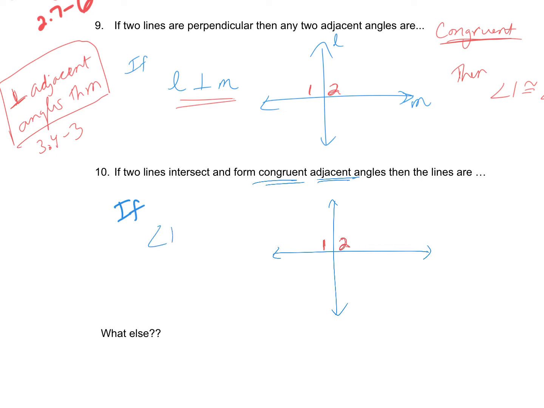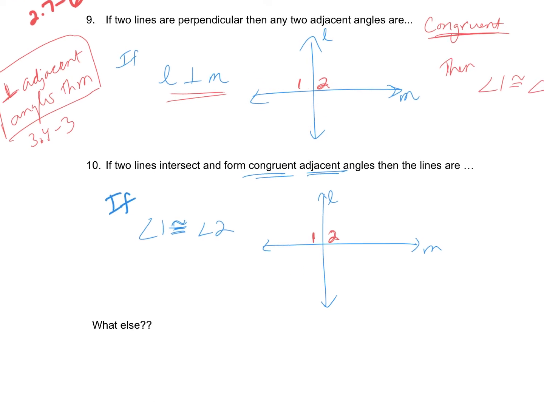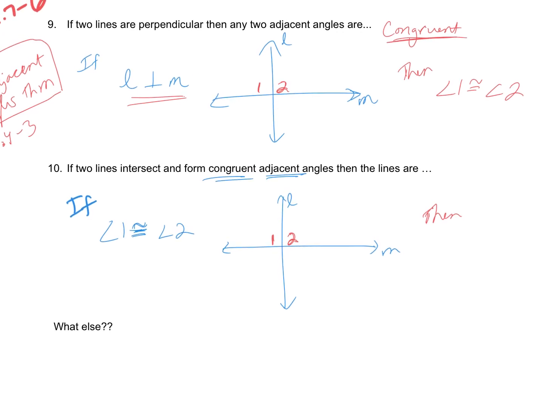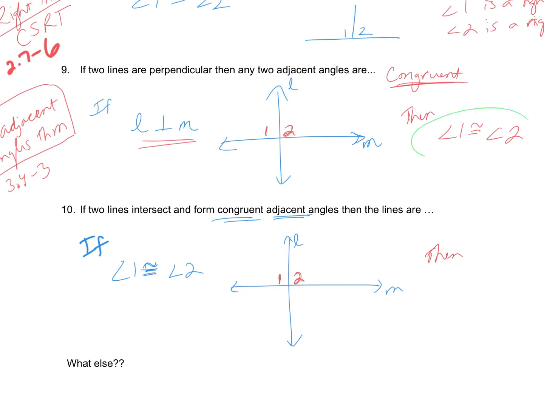So if I know that angle 1 is congruent to angle 2, and I guess the picture kind of goes with this one too. I know that angle 1 and angle 2 are a linear pair there, formed by intersecting lines. Then what conclusion can I make? And I'm just noticing, since these are right next to each other, your conclusion from that one is your hypothesis here. Is it possible that this one's just the converse? In other words, do I know